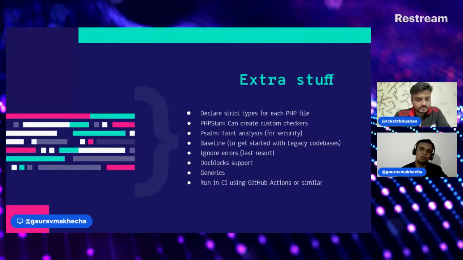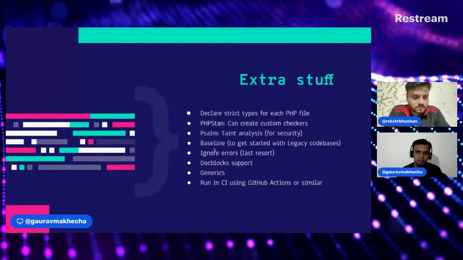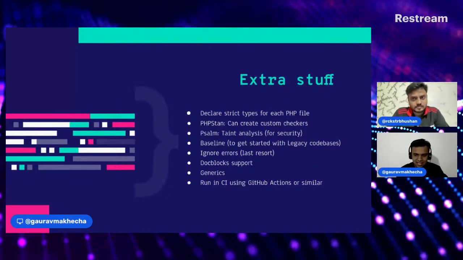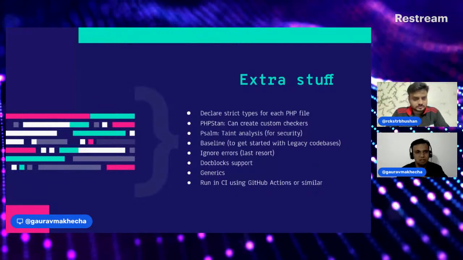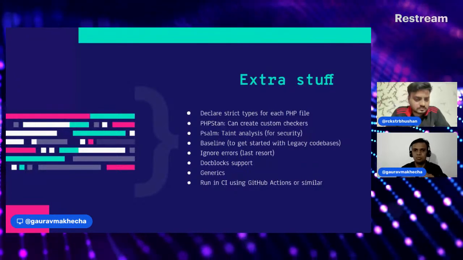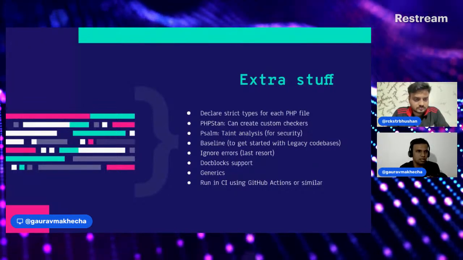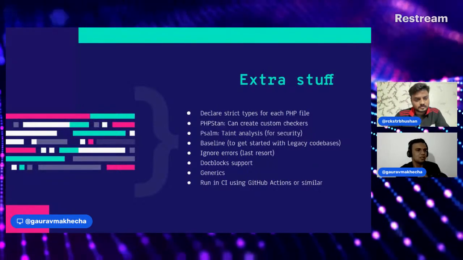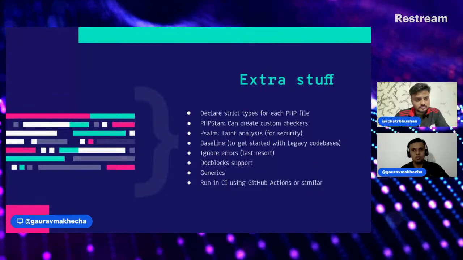Then if you already have a very big code base, this baseline feature with PHPStan basically hides existing errors. So you don't have to wait to use PHPStan and fix all those errors first. What baseline does is it checks all the errors once and hides all of them until you fix them, so you can fix them one by one. But all the new code that is being added, it will check. It will automatically hide the existing errors for you and all the new code will follow that approach.